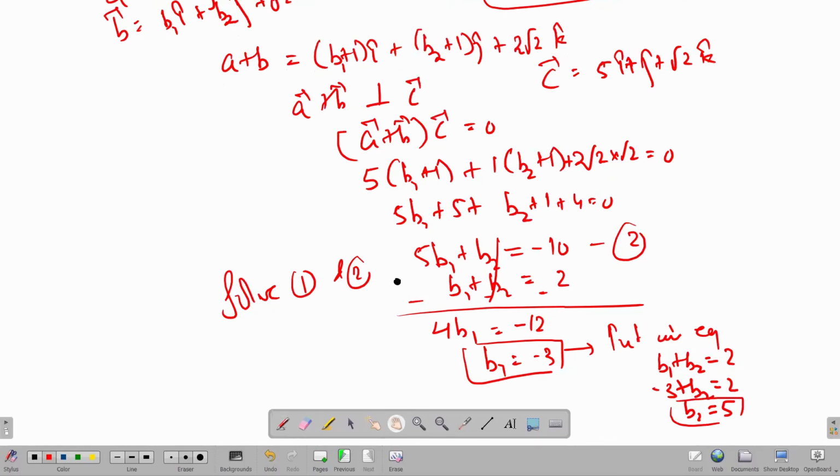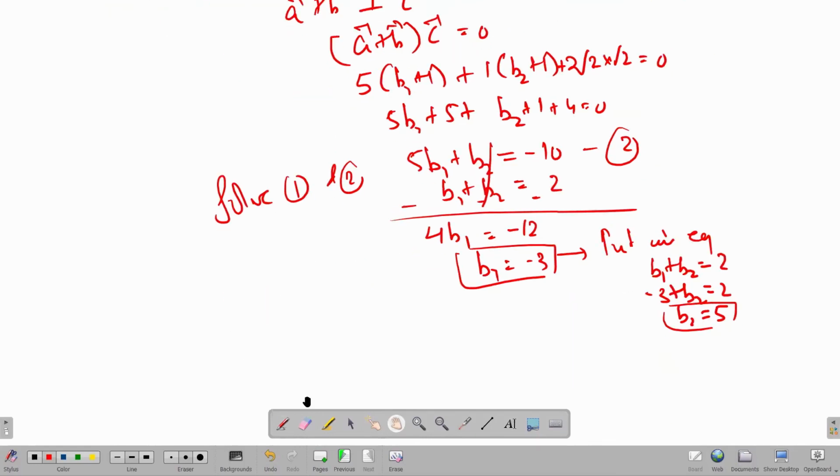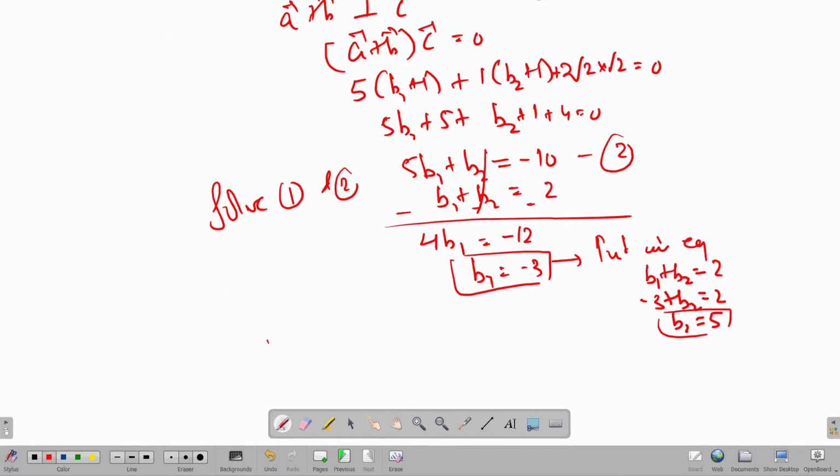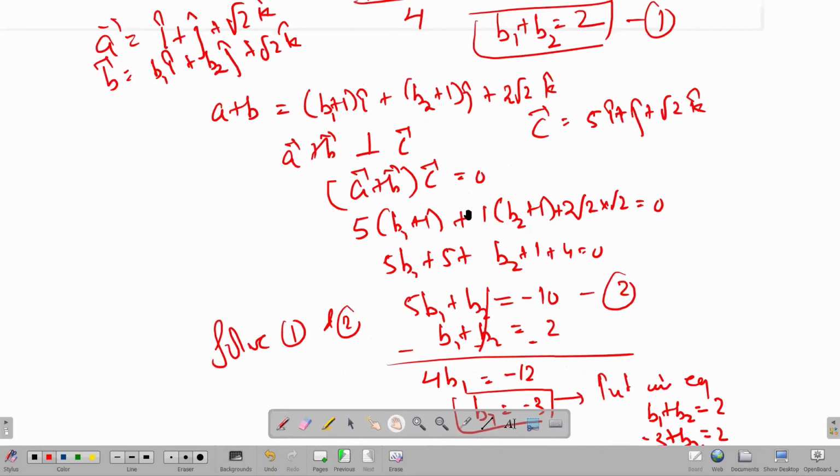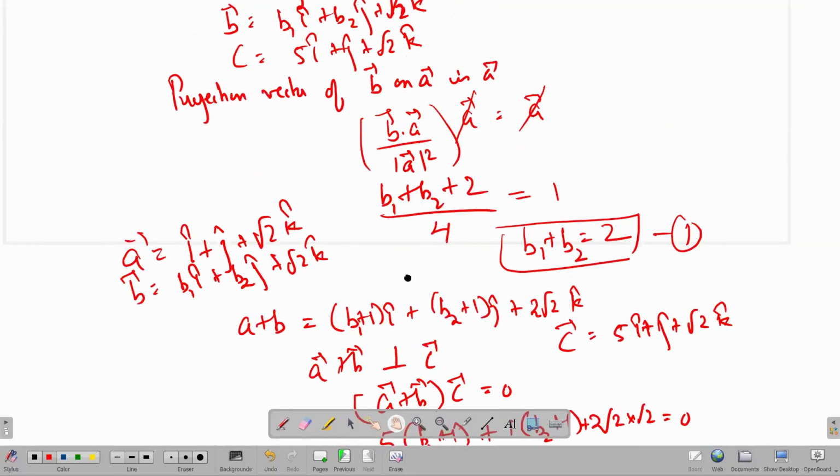And now my B vector is, putting the values of b1 and b2 there, minus 3i plus 5j plus root 2k, and its mod, mod B, is root of 3 square plus 5 square plus root 2 square. So this is 9 plus 25 plus 2, root of 36. So 6 is the correct answer, so my correct option is here option